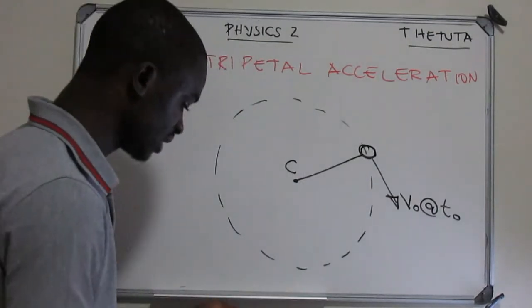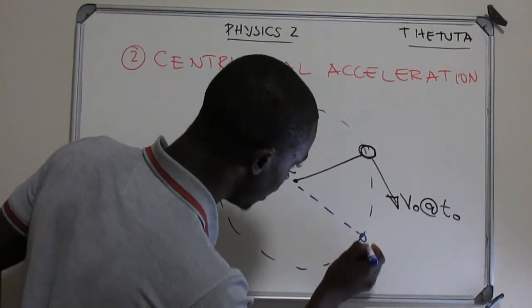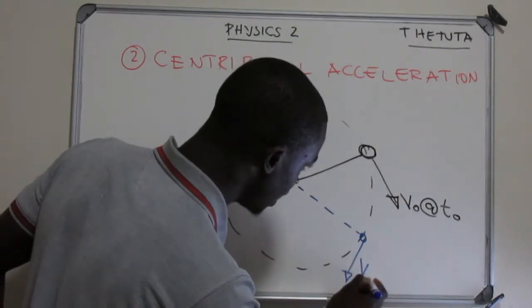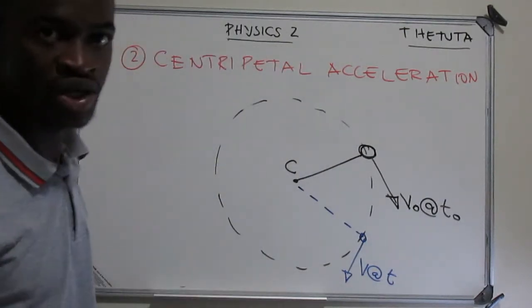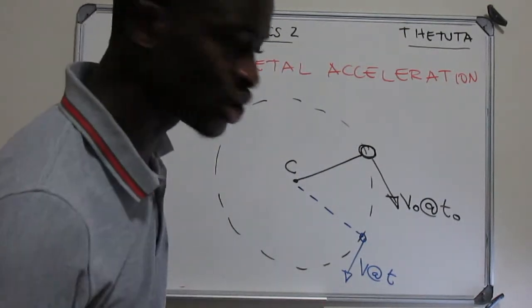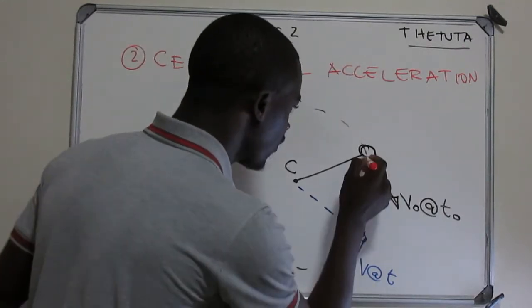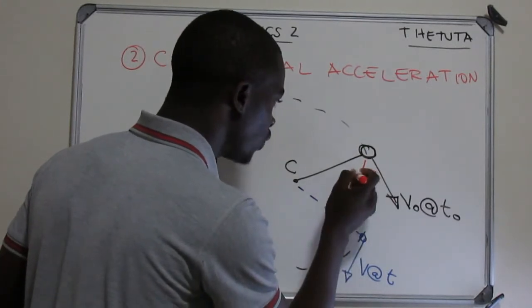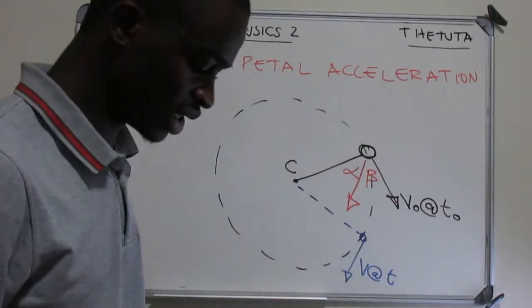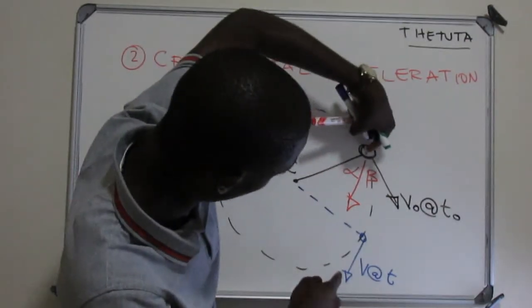For instance, if I write it in blue, if it moves until this point, and it changes from the initial to the final velocity, can you see that? Already you're going to have an acceleration, which is going to be the centripetal acceleration. And if this object changes velocity and moves to here, automatically as well you're going to have the centripetal acceleration. Okay? So let's take this part, whereby the object moves from this point to this point,